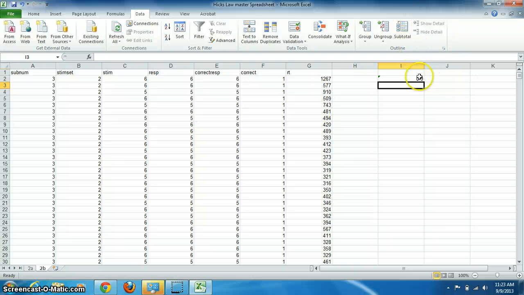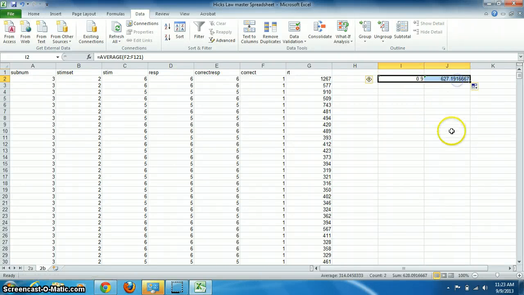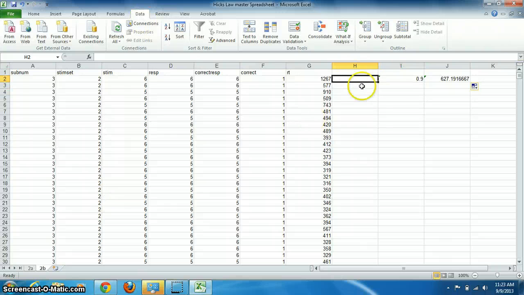And I go back up here, you can see that it averaged F2 to F121. And I can do by just dragging this over, it will find the mean RT. Now, you need to do this for each of the participants, and so you're going to have to redo this for the different blocks of data, either by hand or by dragging around. All right, that's the basic